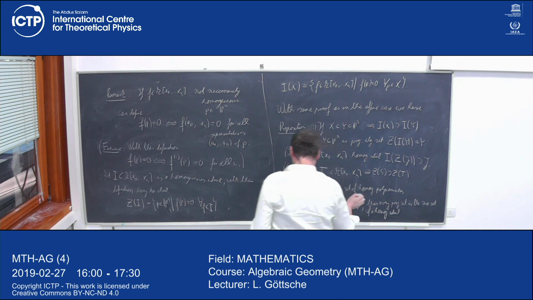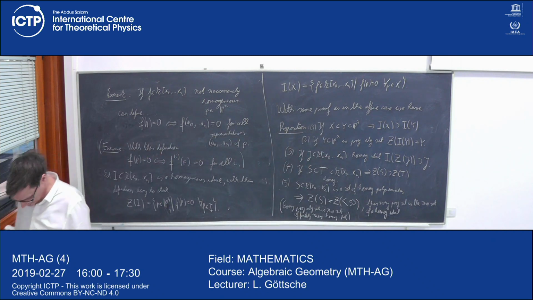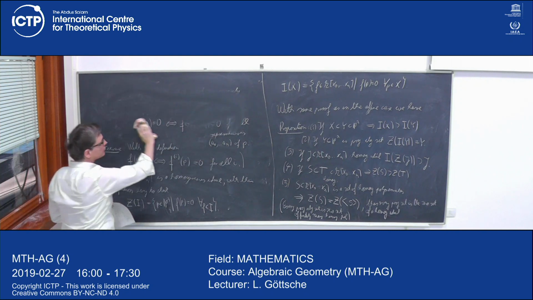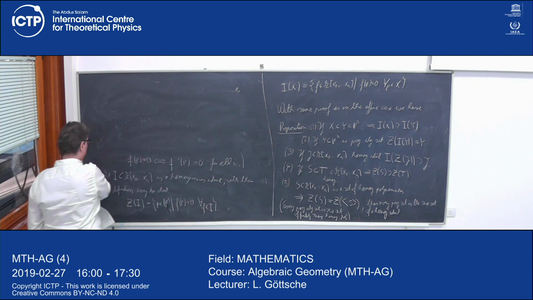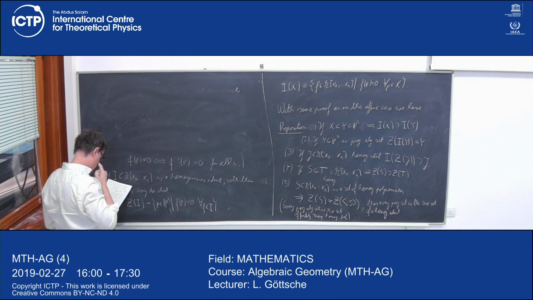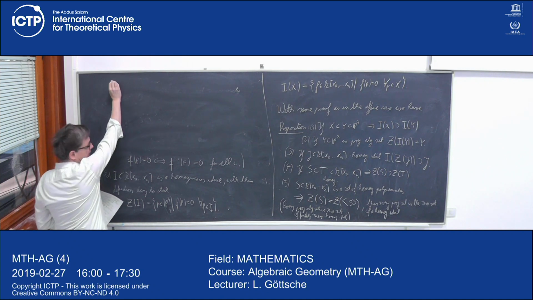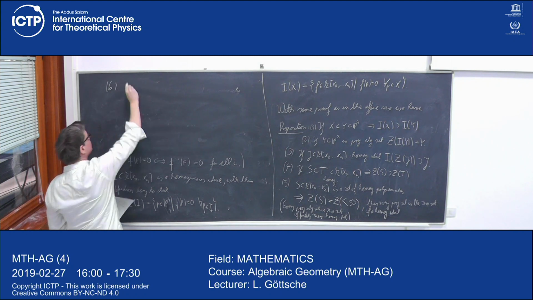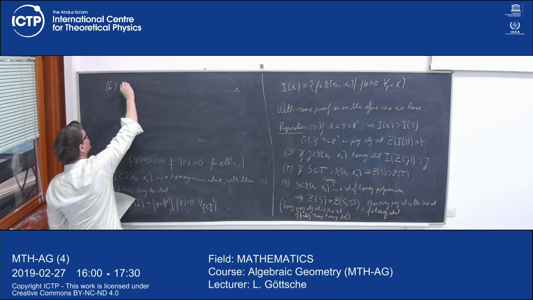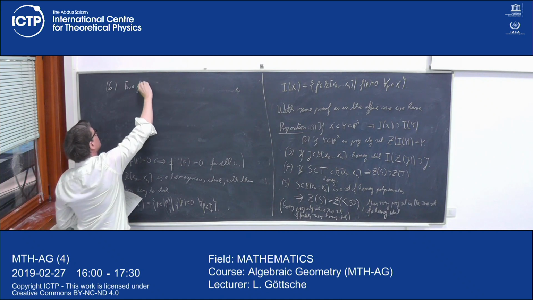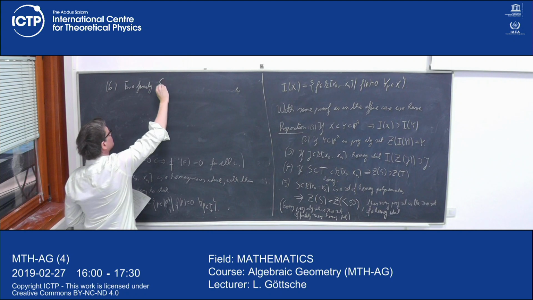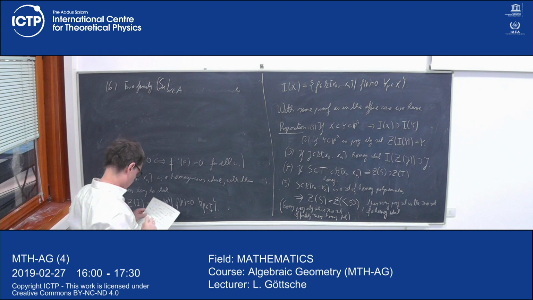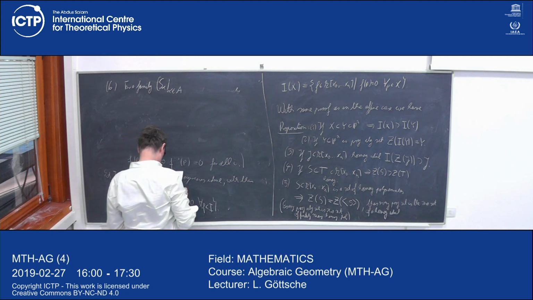Anyway, okay. Let me see what else we want to know. So we obviously want to introduce the Zariski topology. We observe that, in the same way as in the affine case, if you have a family, with alpha in an index set, of sets of homogeneous polynomials,